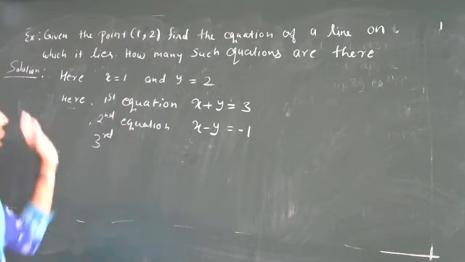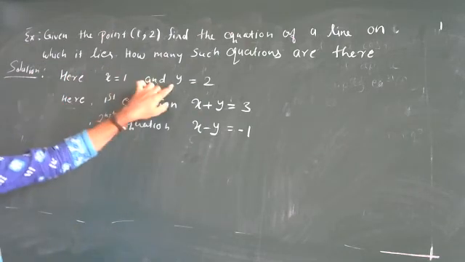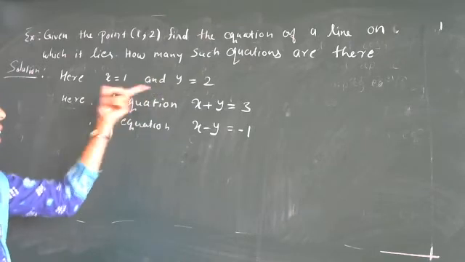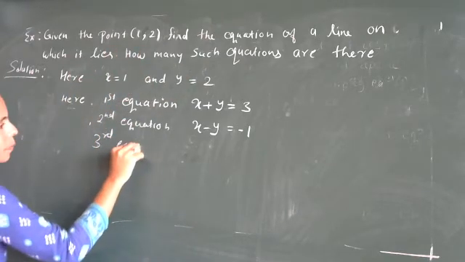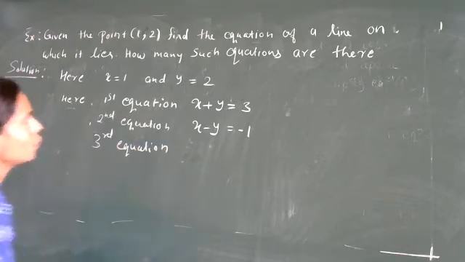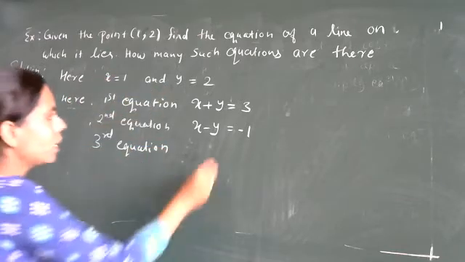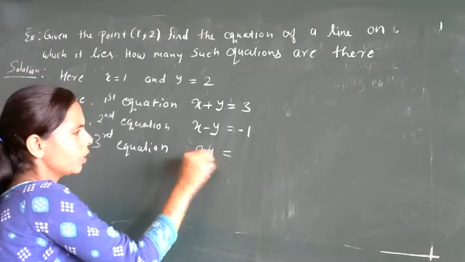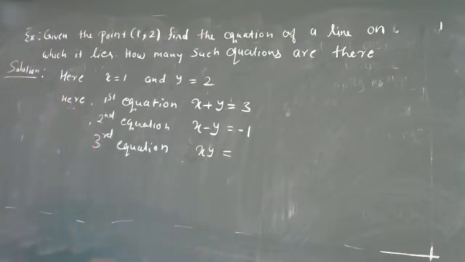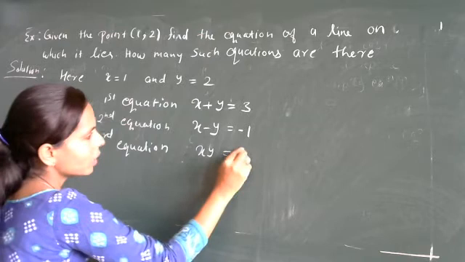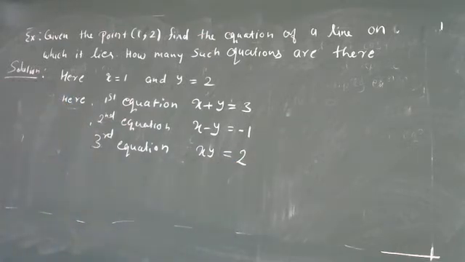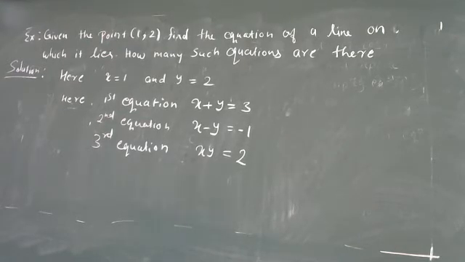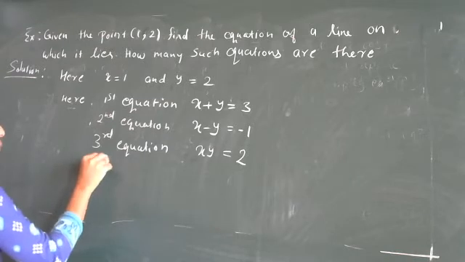Third equation, with these same values, we are going to use these variables on the LHS side, and we need the answer with these values on the RHS side. So what will be the third equation? If using these values only we are going to find another equation, you can say 2 into x, which is 2 into 1, that is nothing but 2. Such how many equations can you form? Many. You can take another also.